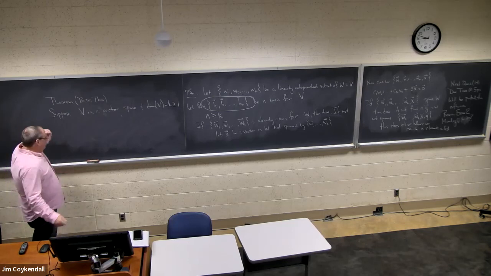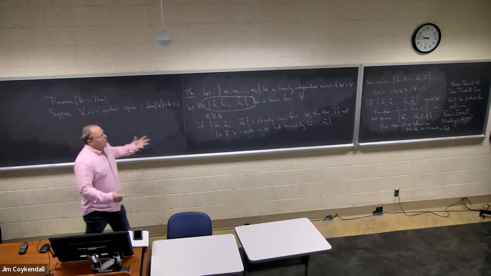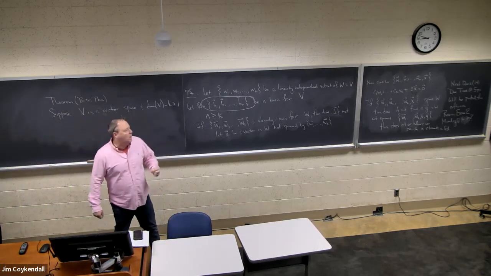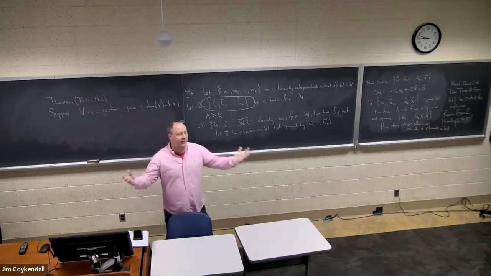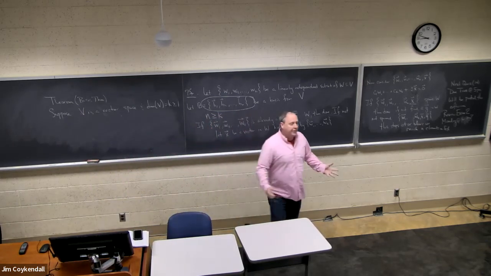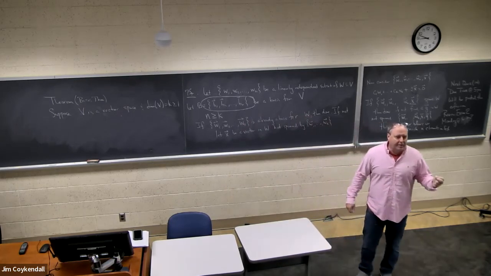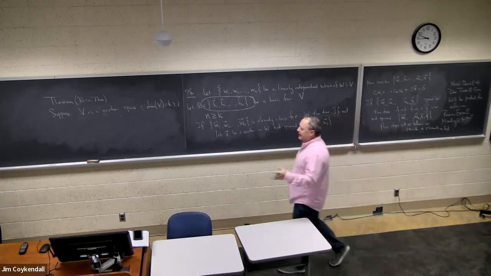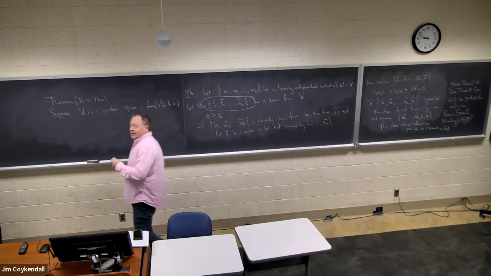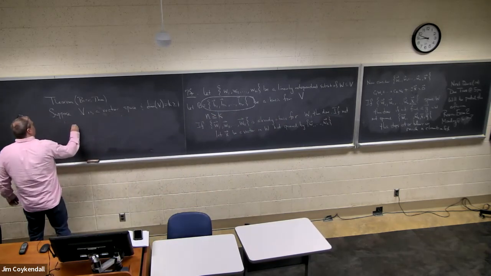This is a really groovy theorem. So suppose that on the surface of it, I know that V is a vector space, and somehow God has told me, or through some other means, I have figured out that the dimension of this vector space is exactly K. Okay. Then, one, any